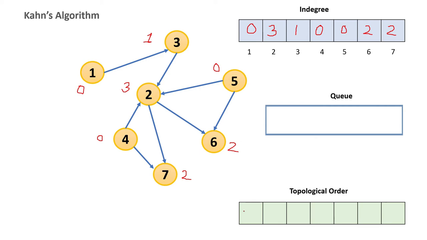Okay. So now I will start with the explanation. The first thing we have to do is identify which nodes have an in degree value of 0. What we can see from here is that for nodes 1, 4 and 5, the in degree value is 0. That means one of them will be my starting point.